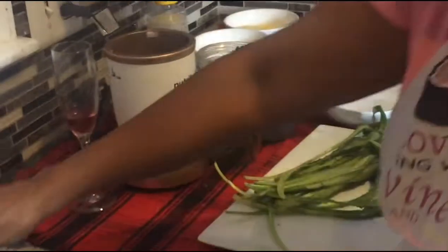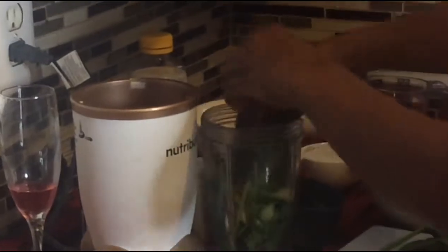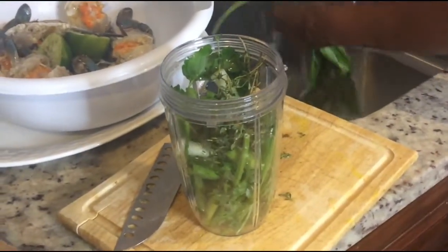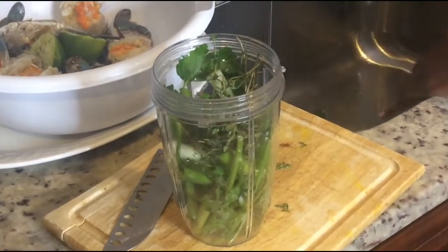You want your crab to be well seasoned. You put a couple sprigs of thyme. And I'm telling you, the seasoning of Trinidad